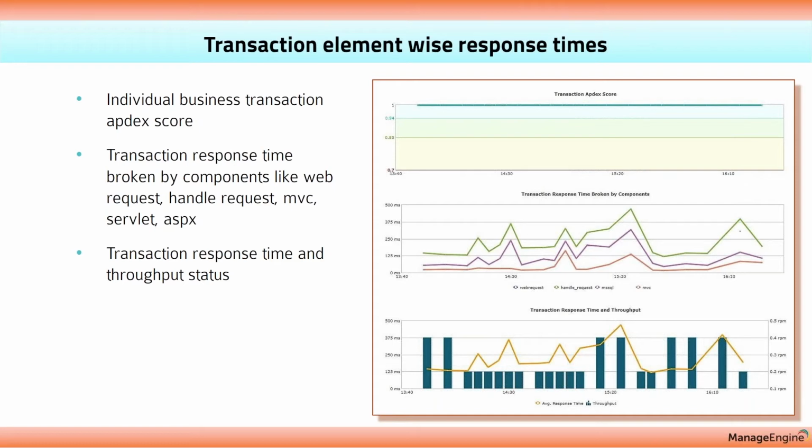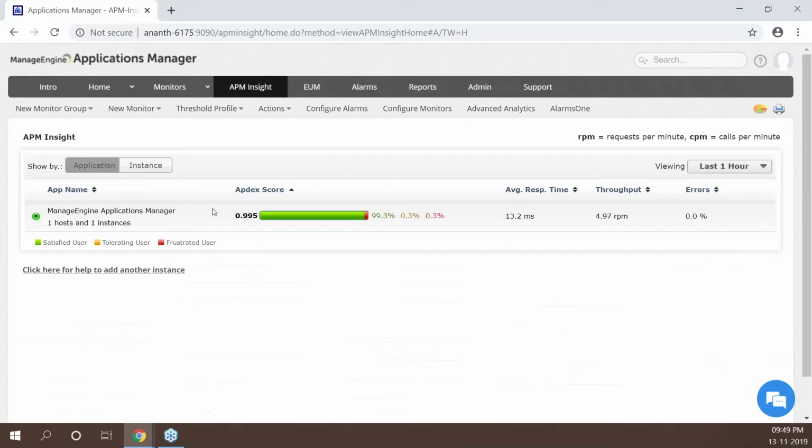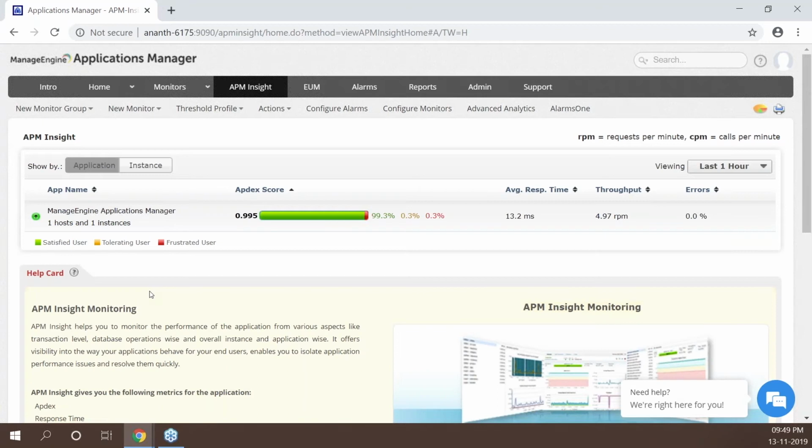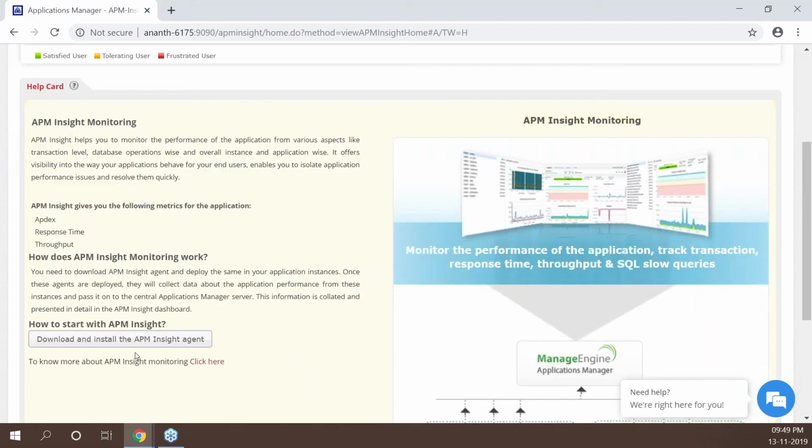So let me switch back to the UI and give you a more hands-on approach with what we have discussed until now. So let me switch back to the Applications Manager product, and we are in the UI now. You will be finding a specific tab right here called APM Insight, which is a dedicated module for managing your applications. Let me show you the first step towards monitoring your application. You will be having a help card page like this, and you could use this option, download and install the APM Insight agent,